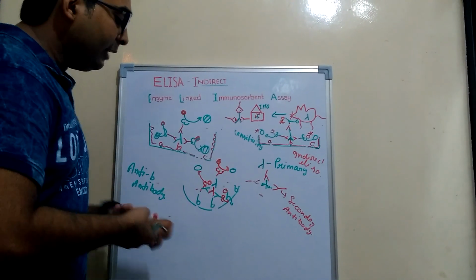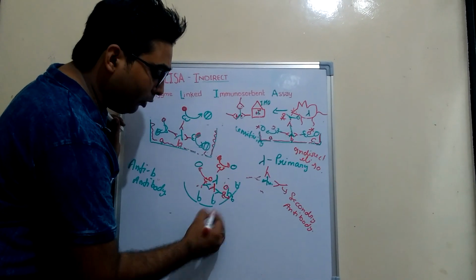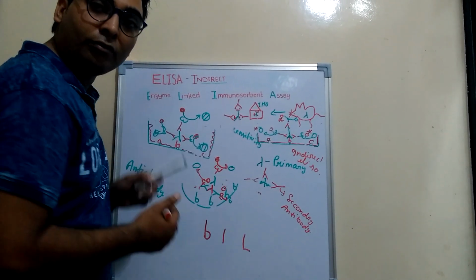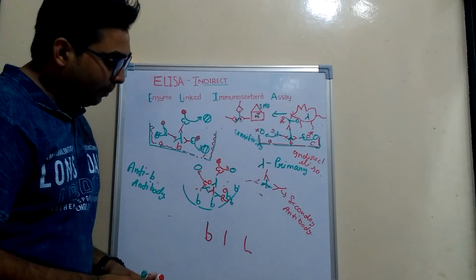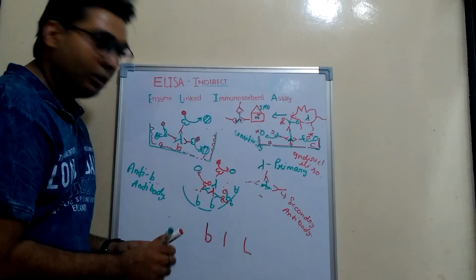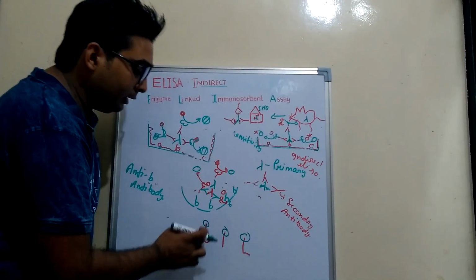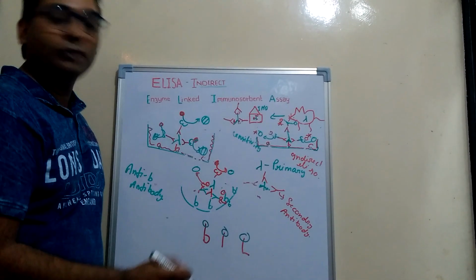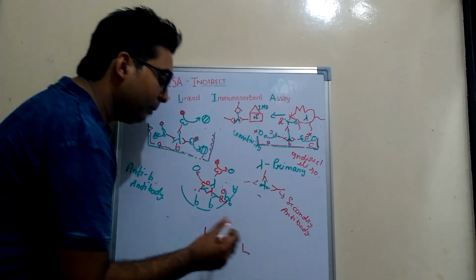The problem is that suppose in your serum there are 3 types of antigen, that is B, that is I, that is L. This type of antigen is available. What would happen if you use the primary antibody to detect this antigen for this portion, for this portion, for this portion? I think that the first portion, that is the upper portion, is the same in each antigen. So the antibody will not discriminate. It is unable to discriminate